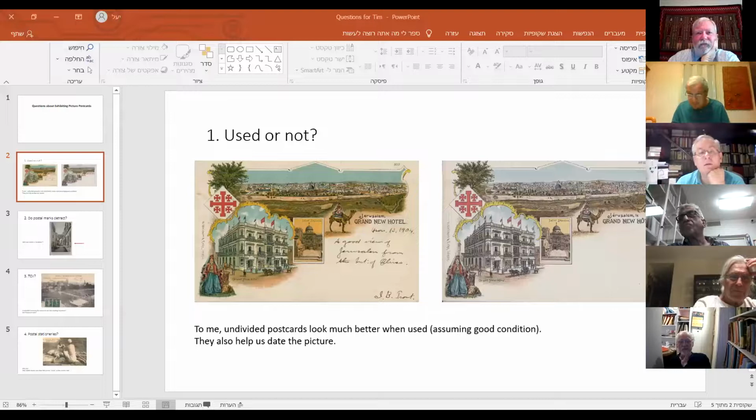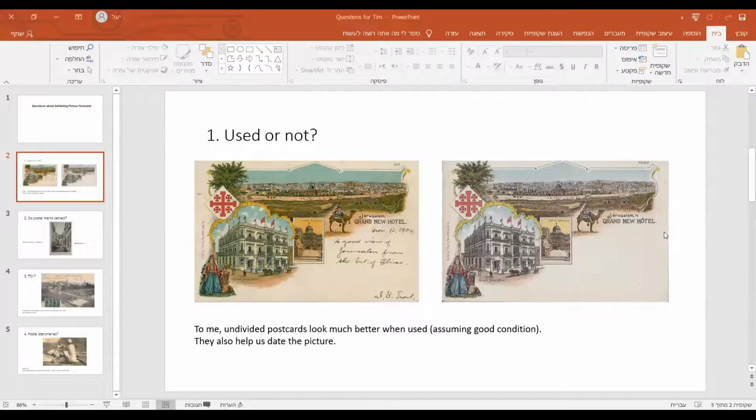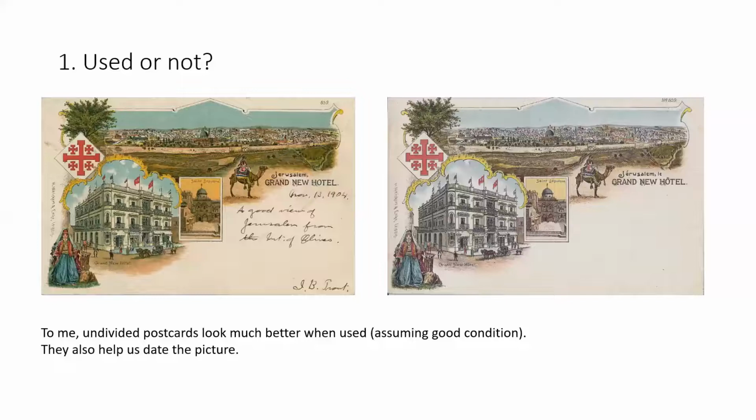Okay, so let's see this. I have a few questions, and they are about the usage of material because I ran into some difficulties with that. And the first question is whether to use a postally used postcard versus a mint one. And I've given here an example. These are two identical postcards. One is postally used, one is not. Both are, the card is undivided, so we have the address right up on the front. And to me, just by feeling, the one on the left-hand side is much better. I don't know, it adds to the experience of the viewer. My question is,